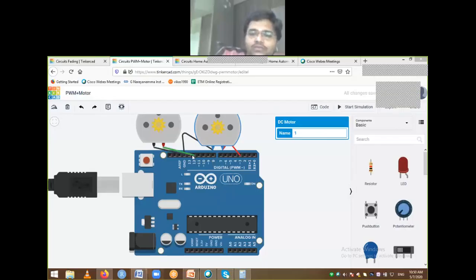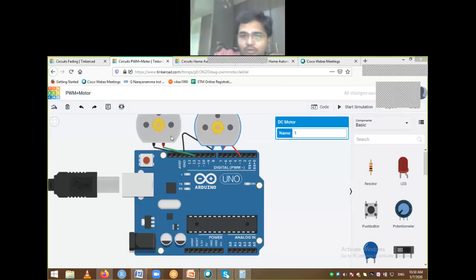I hope most of the time you might have used the second case, directly connecting to any one of the digital pins, because at that point we don't know how these things work, the difference between a PWM digital pin and a normal digital pin. So maybe you randomly selected some pin and connected it to the DC motor, and you might have given that pin the value high or low. But I hope you might not have worked by changing the speed of the motor.